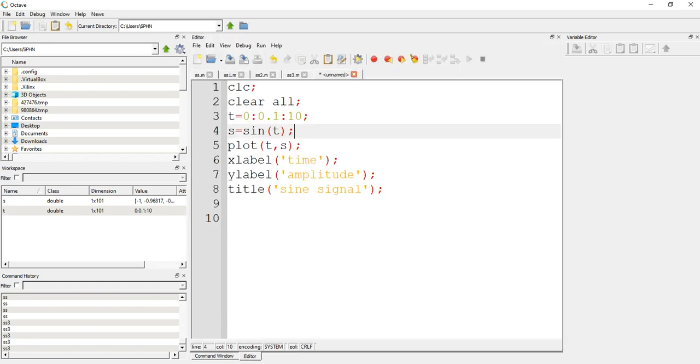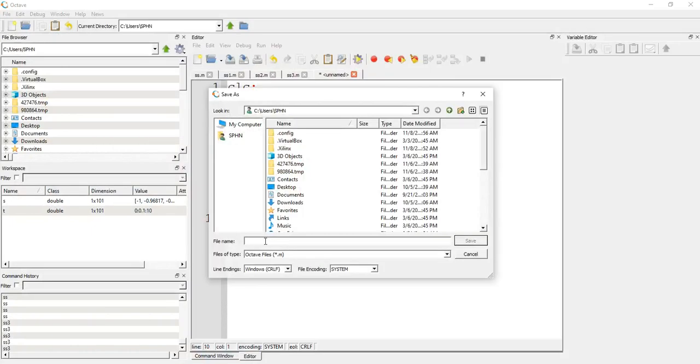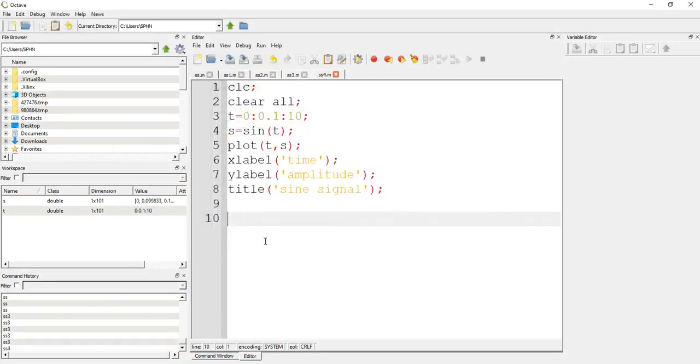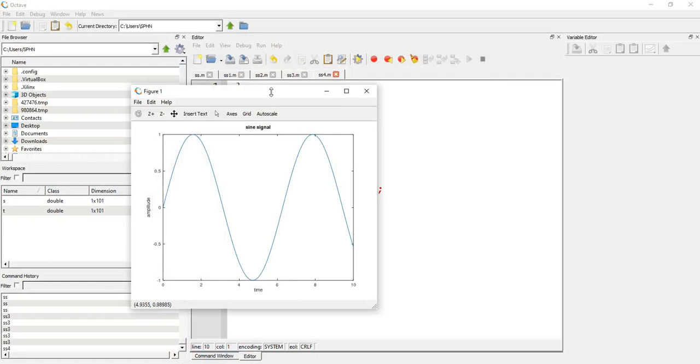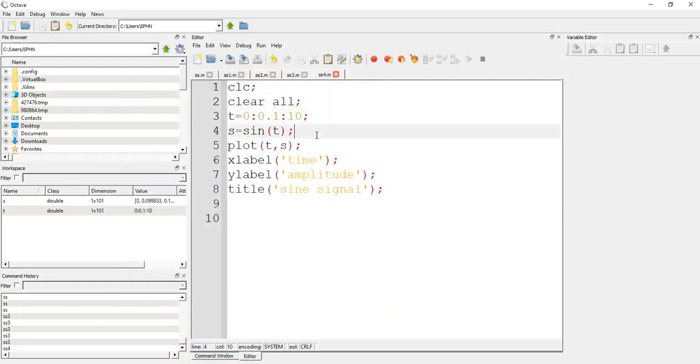So I am giving a certain name to generate this. Now you can see, let me execute once again. So let me run this one. So it is asking for a certain name. So I am giving the program name. Now you can see it is generating a sinusoidal signal. So this is a simple program, but I want to see sine and cos signals in the same window.